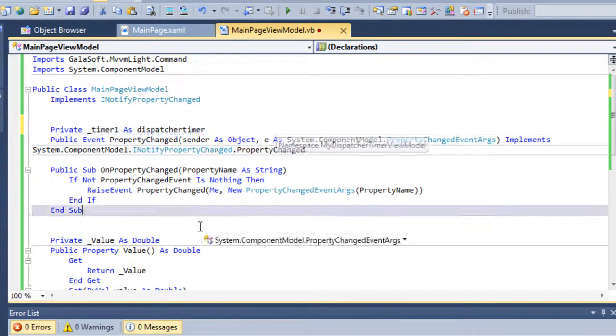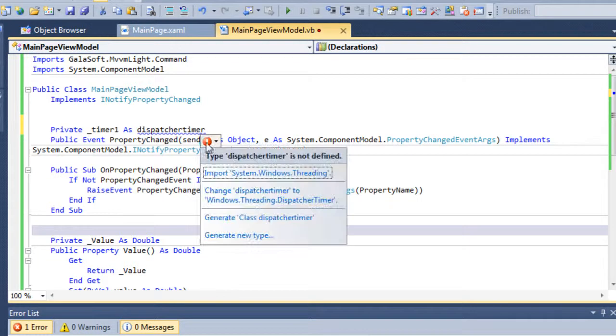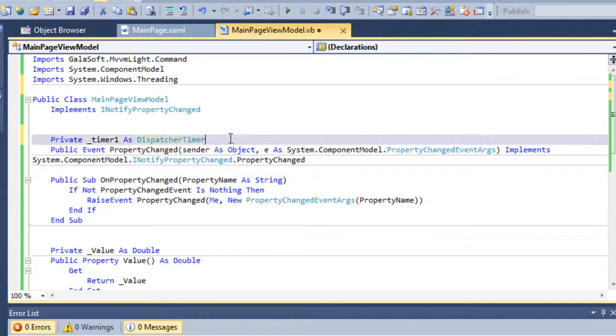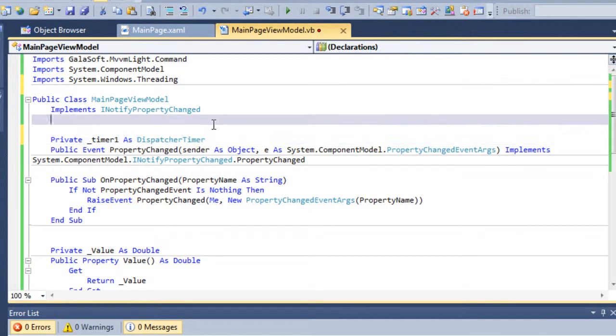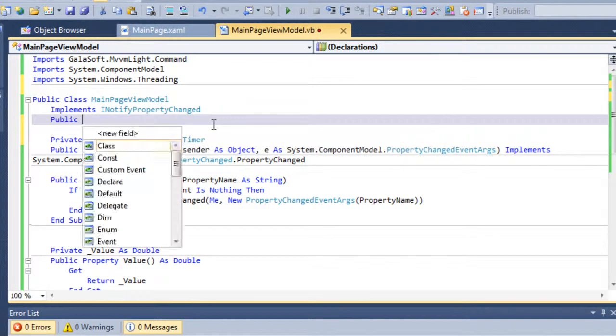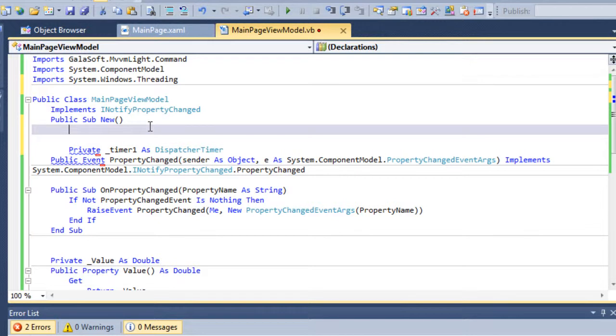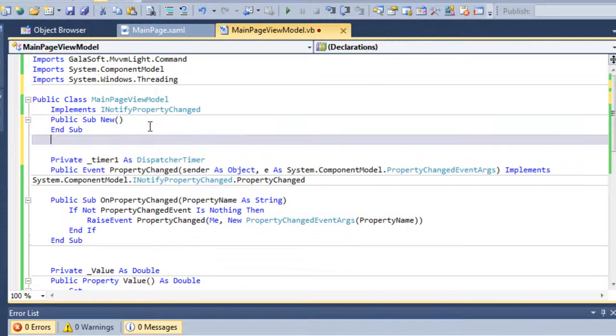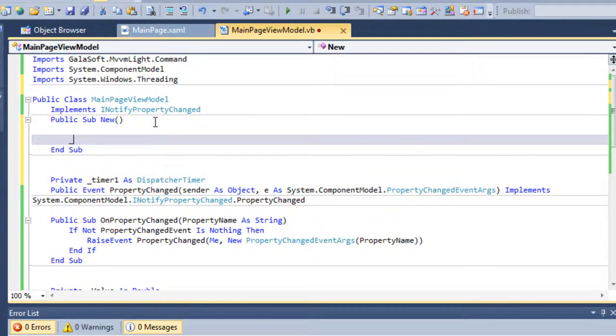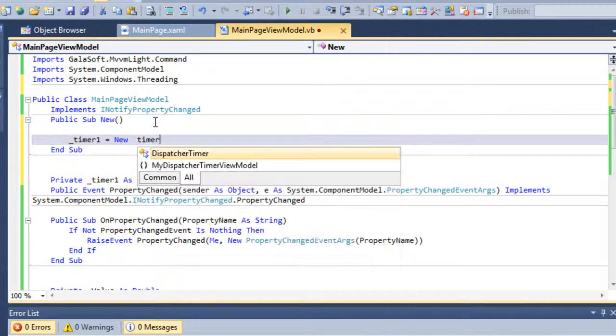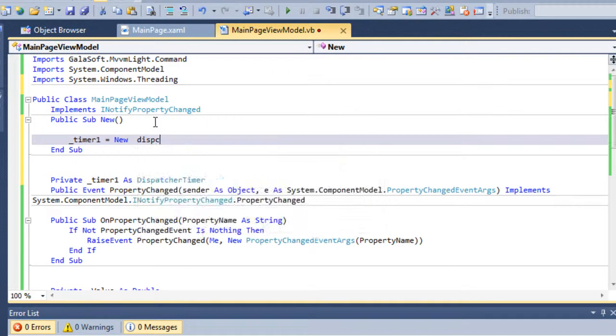It will ask me to add the import System.Windows.Threading. And in the constructor method, I'll initialize this. I'll create a new DispatcherTimer.